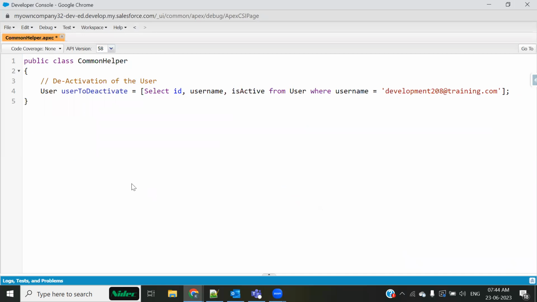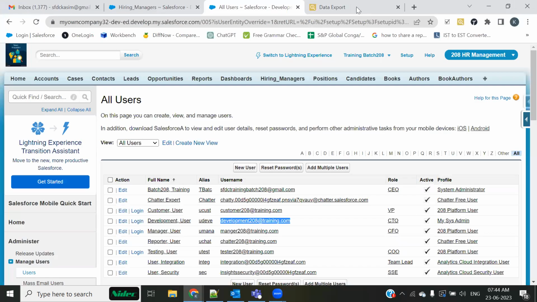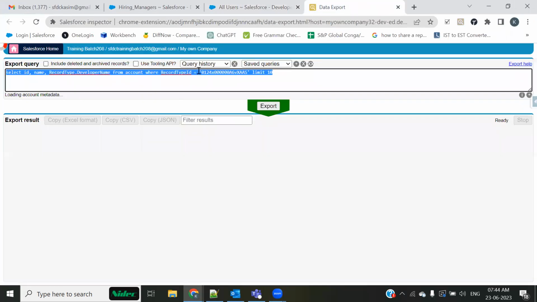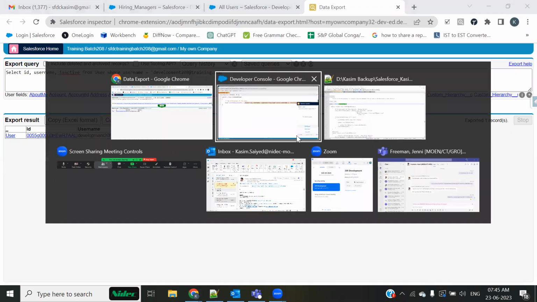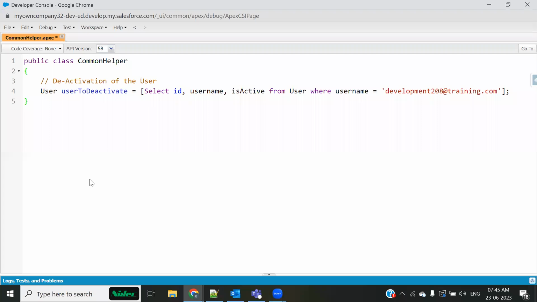So select ID, username, and if you want, you can even design that. I was trying to say you can design this type of query with the help of Salesforce Inspector as well, and you are going to get that detail. See, right? So right now, as you can see, IsActive is true. Why? Because the user is an activated user. Anyways, so this is my query to get the details of that particular user. The name is development user. All right. And because there's only one record, there's only one record of user,